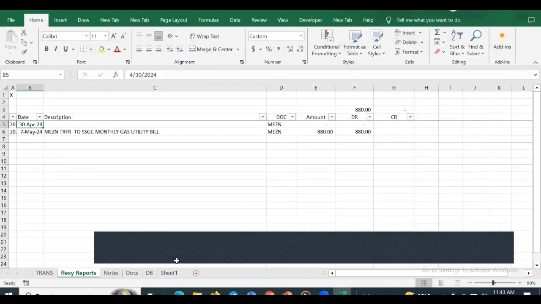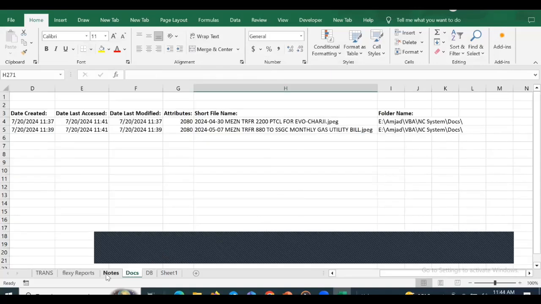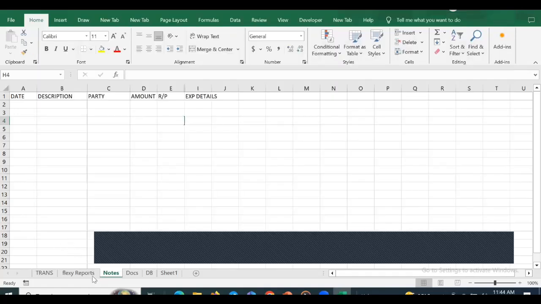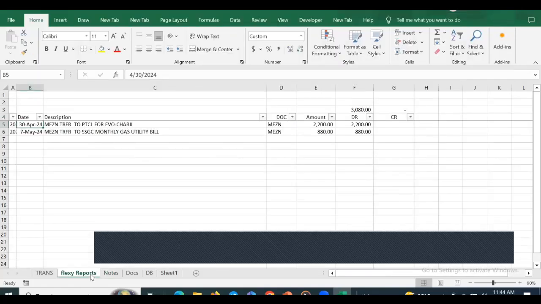Now you go out from the system and come back again. You will see the 2 is placed on the browser file. Now do the same thing again. You may have thousands of files, and what a beautiful way that it is going to prepare the report automatically, putting the amount in the right column, the debit column, because the transfers are debit and received are credit.